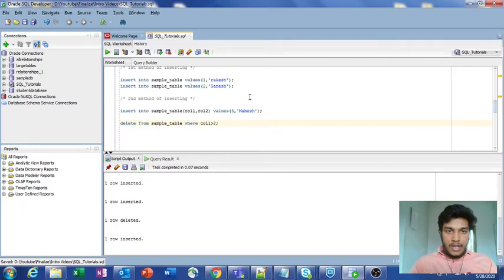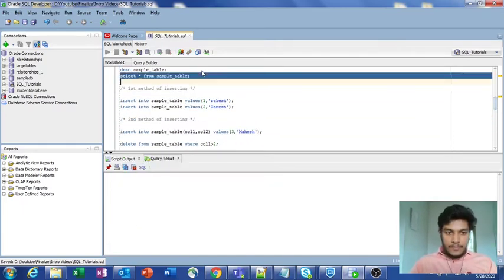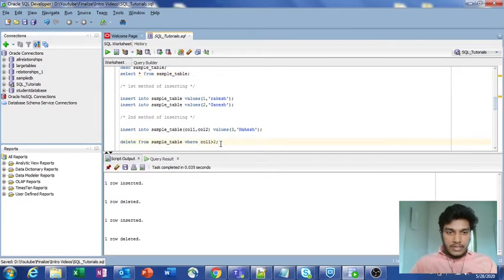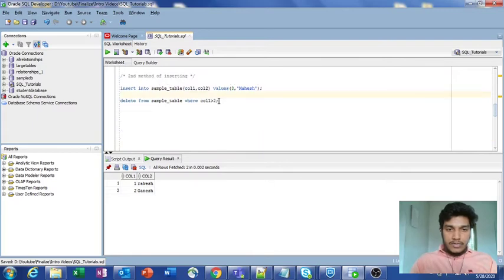Let us see first what the contents of the table are. These are the 3 rows again. If you execute this command, one row is again deleted. If you run the select command again, it will display the column 1 values only 1 and 2. It won't show the 3 value. So this is one way of deleting a record or group of records.